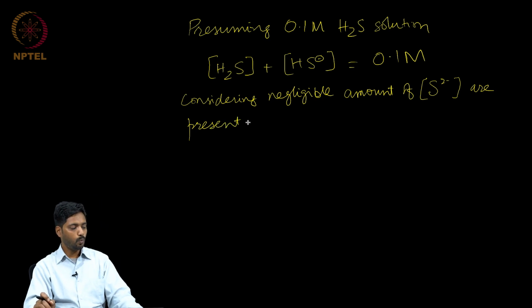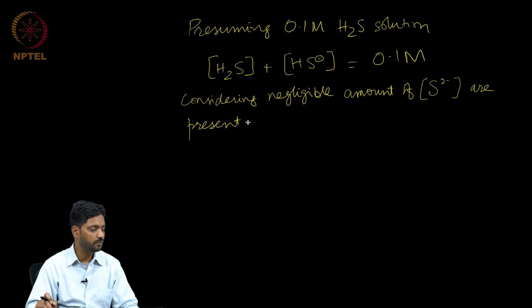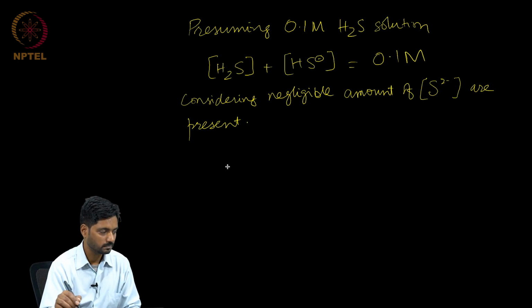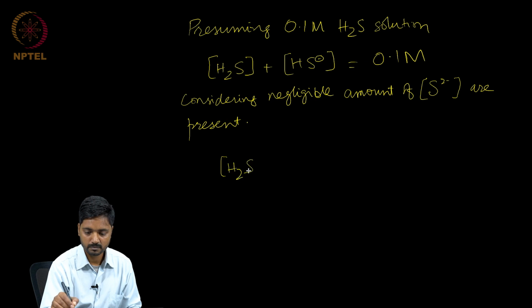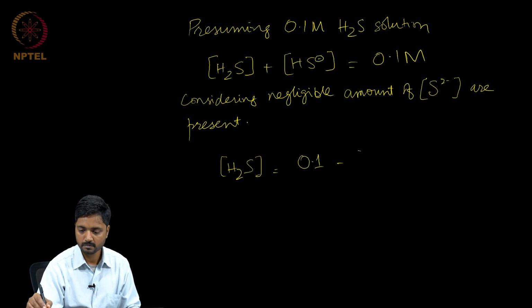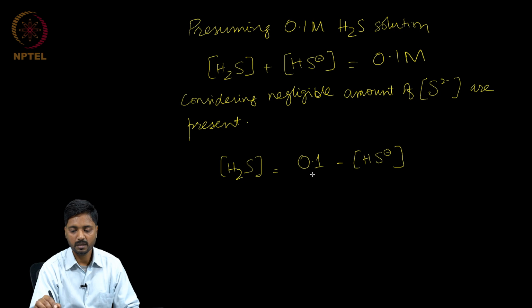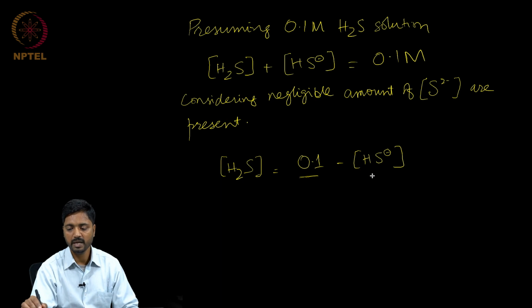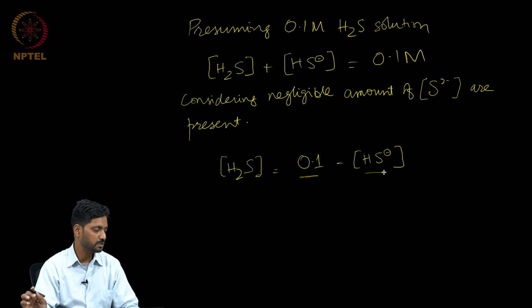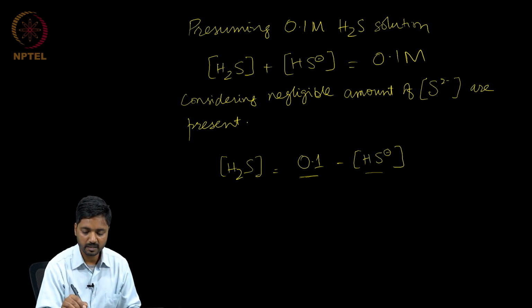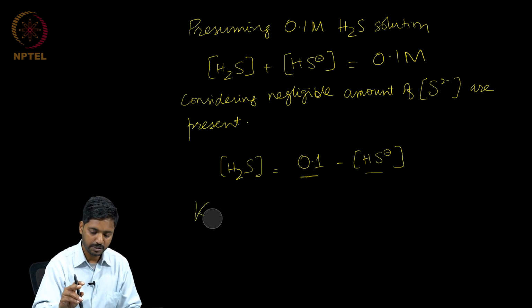Okay, now what we can observe here is that the H2S concentration at equilibrium will be the original concentration of H2S, which was 0.1 molar, minus the HS minus concentration, and if we plug it in our K1 equation,